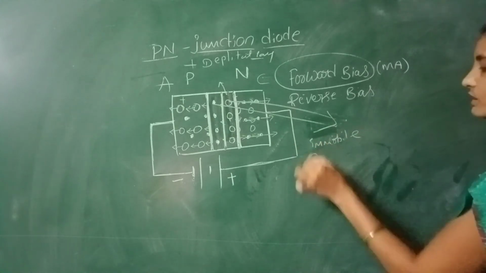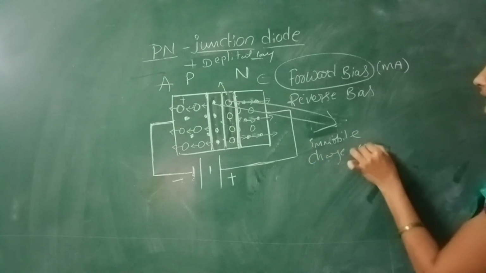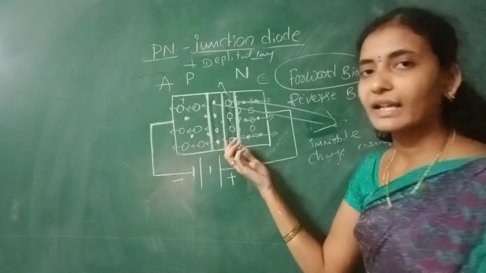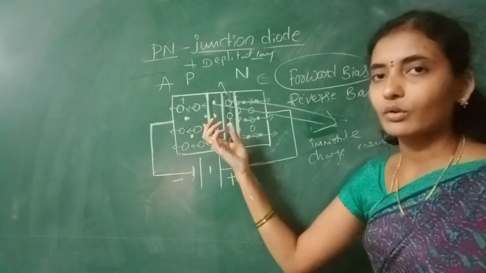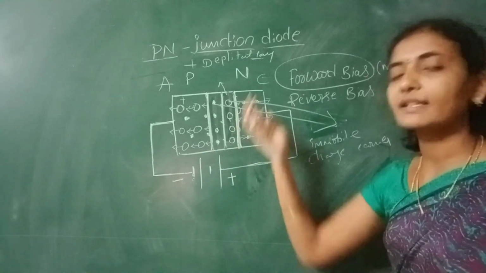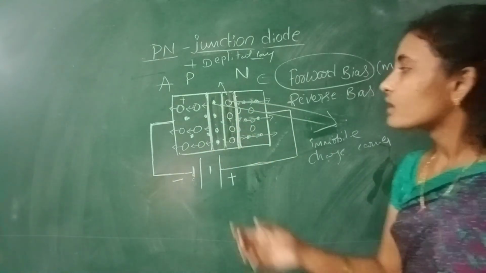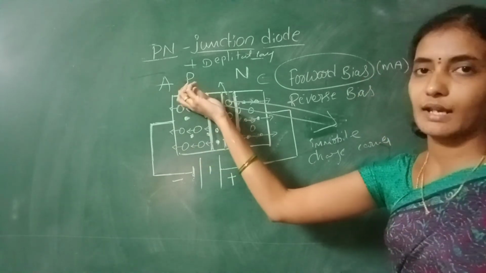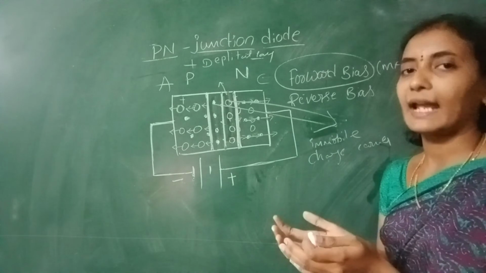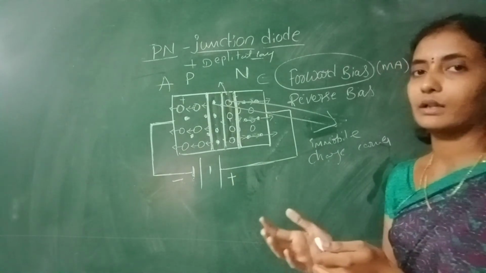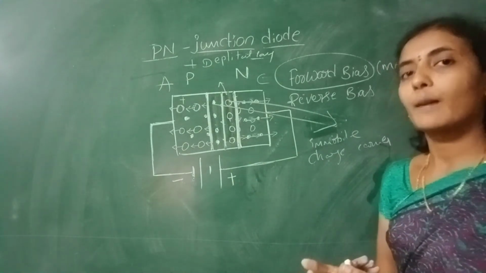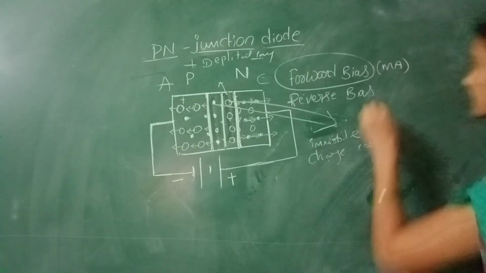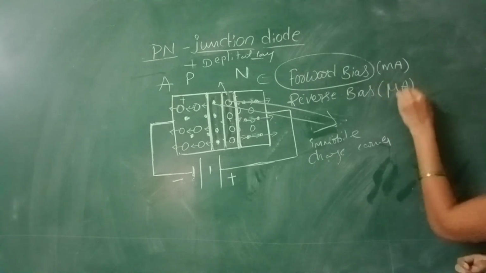Immobile charge carriers. So the depletion layer will be formed by the free electrons in the P region and free holes in the N region. But a few electrons are present in the P region, and because of those few electrons, a current is also observed in reverse bias, but a very minor current, represented in microamperes.